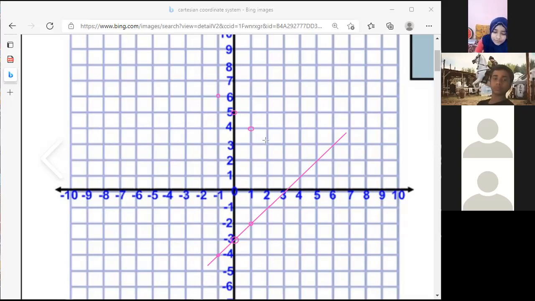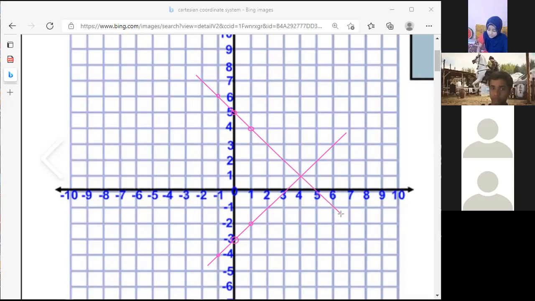So now what are we going to do again after we've plotted all the 3 points? We have to draw a straight line. When we draw a line, you have to draw it in such a manner that it will cut the other line that we have already drawn. It has to pass through these 3 points, and at the same time it has to even cut the other line.